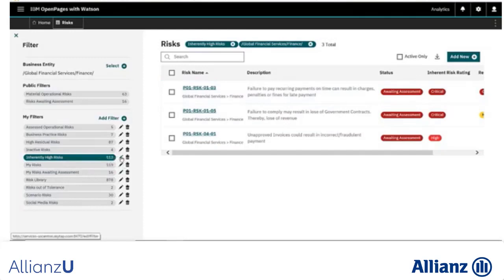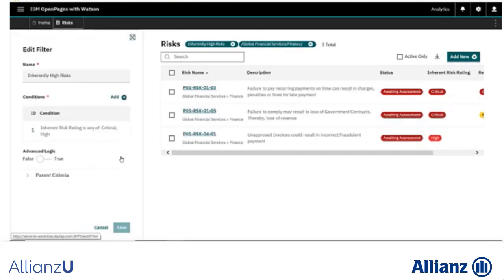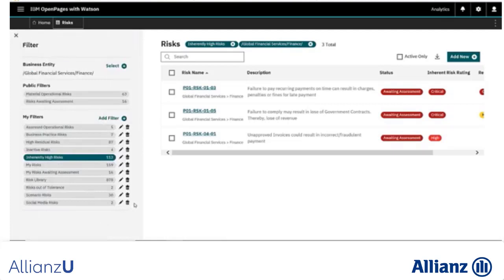And I can take a look at how this filter is defined by going and selecting the edit icon for this filter. And I can see that this filter, which is labeled inherently high risks, was defined as all risks that have an inherent risk rating of either or any of critical or high. And I can edit this because I've created it under my filters. I can delete it, but what we'll do to finish this part of the demonstration, let's go ahead and create